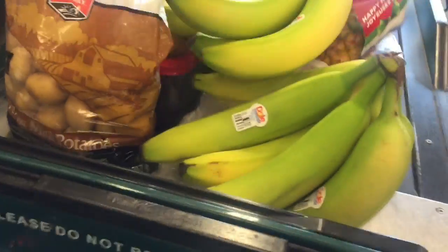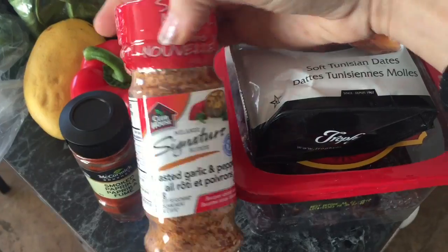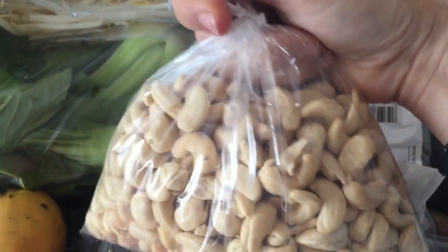I do not eat potatoes. Again, those are for my husband, but they're on the video, so I wanted to clarify that. So this is his spice as well. That's not mine. But here's my smoked paprika, my dates, my nuts, and let's see, what else do I have here? I love my cashews, even though they're not raw,